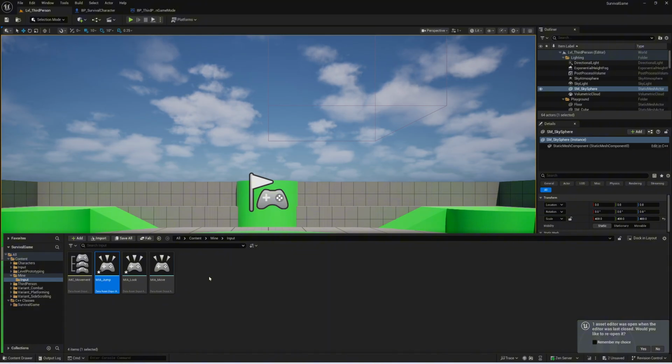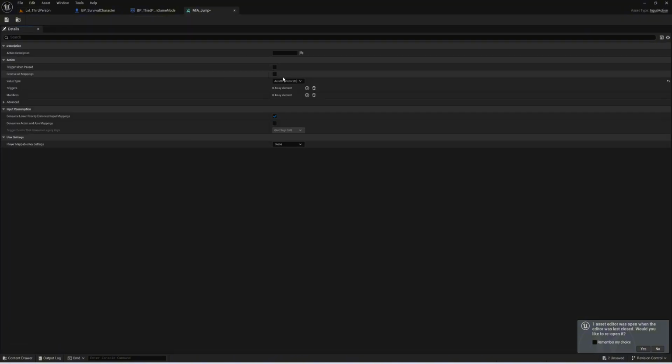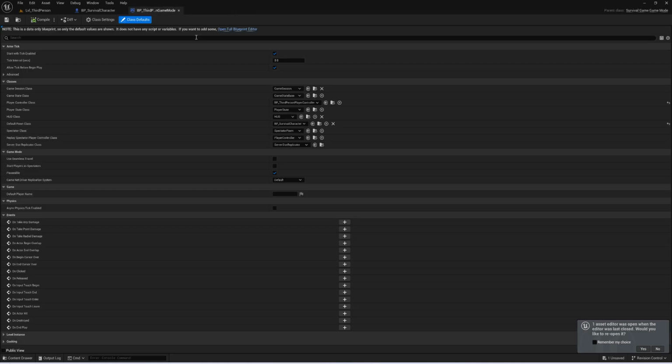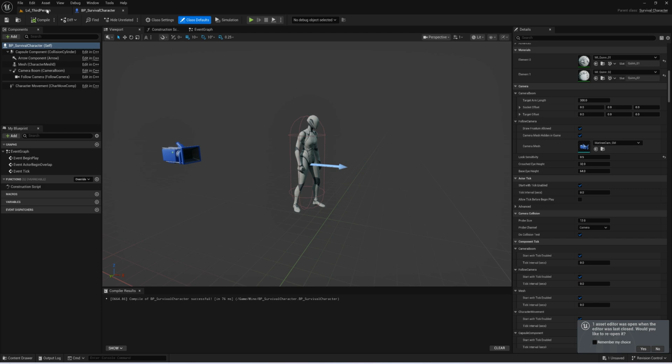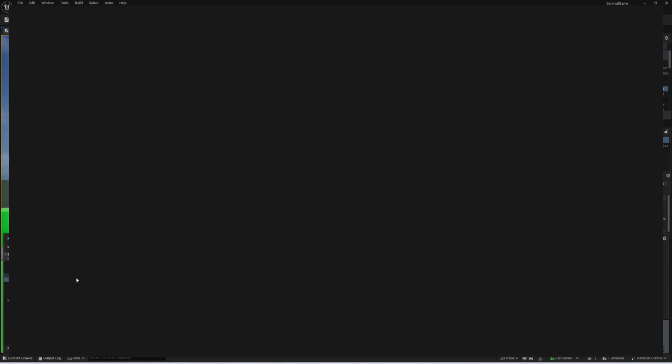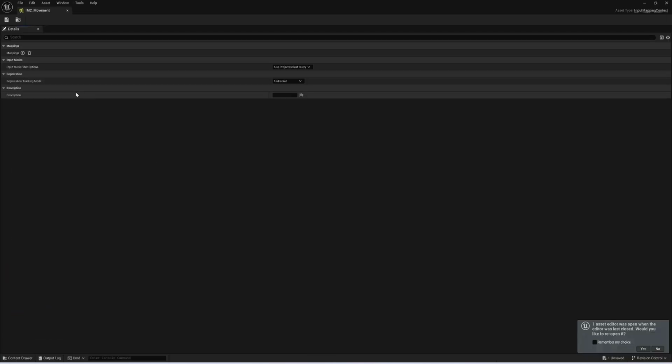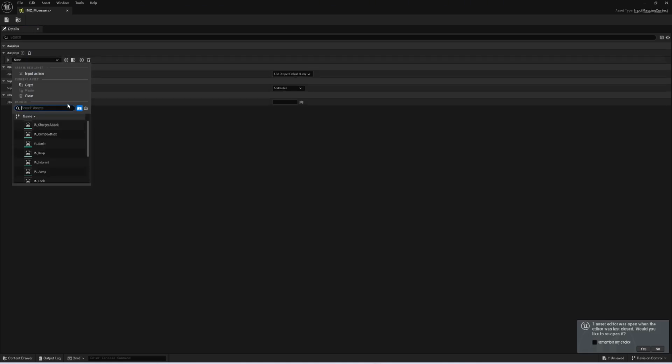So mia_jump, my input action jump, change this to a digital bool. We don't need a 2D vector, we just need an are we jumping, are we not jumping. We need to go to our movement, into our input mapping context, add a mapping, and then